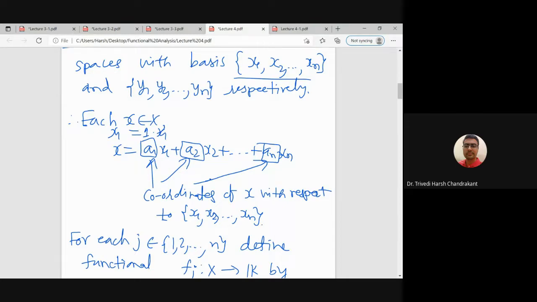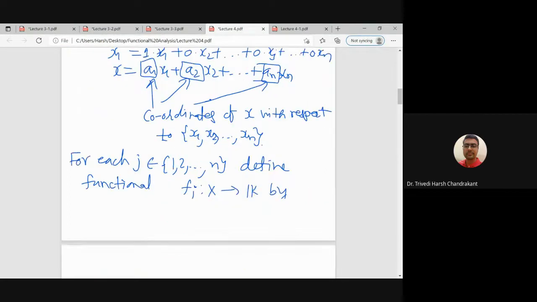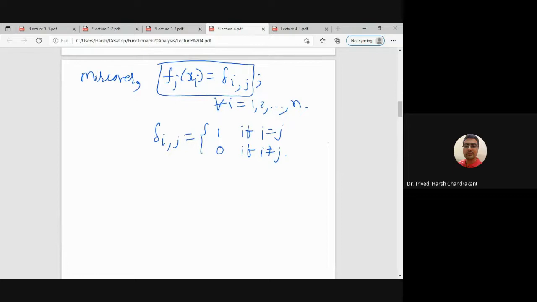There is no jth coordinate. So therefore, fj of xi we get as delta ij,